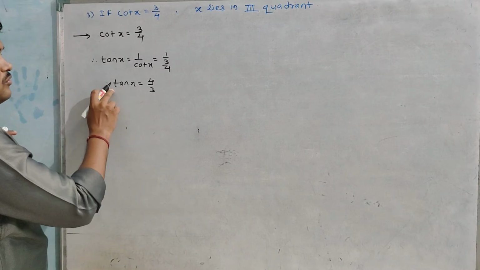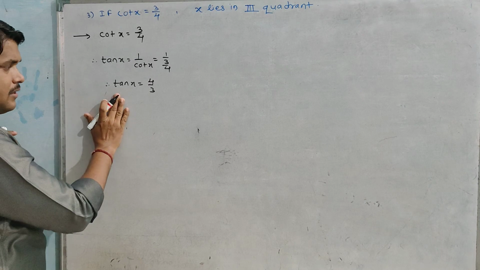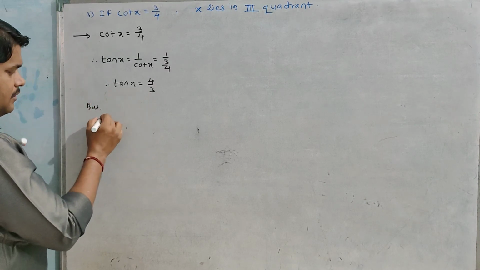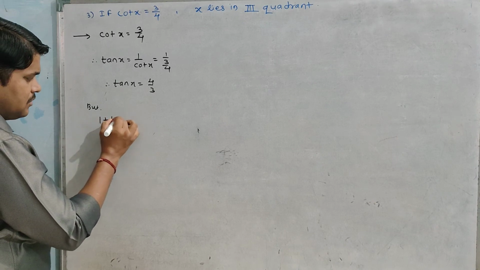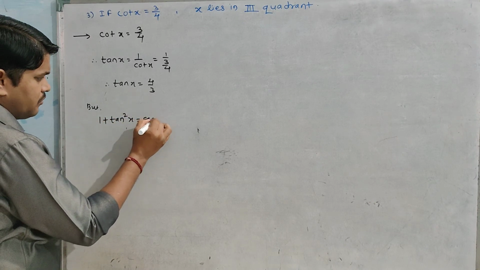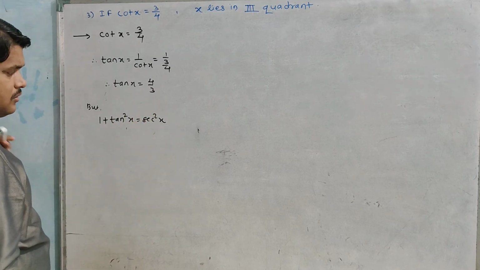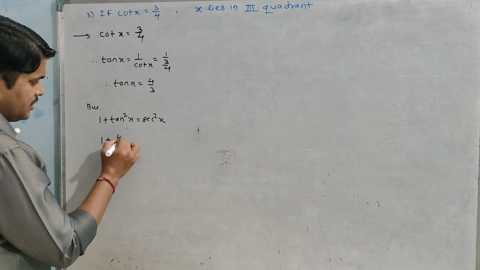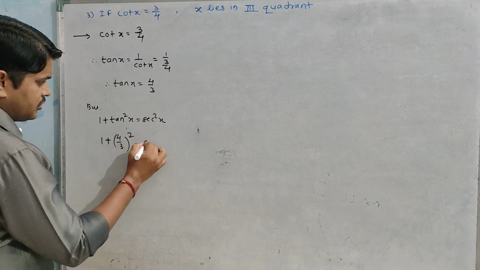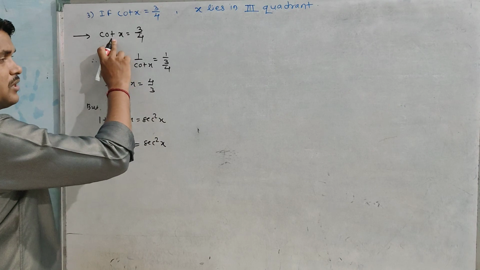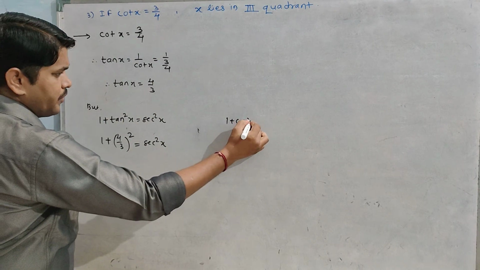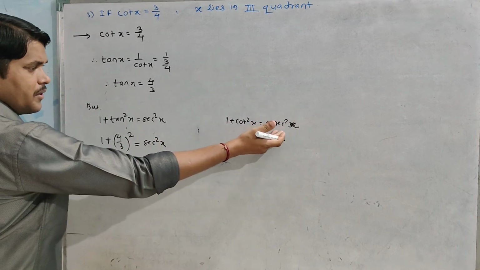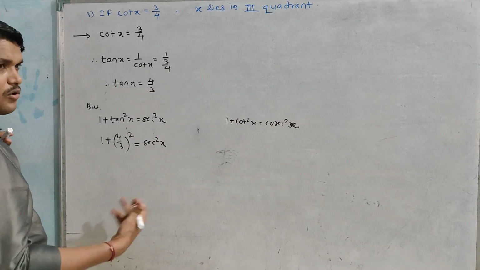Okay, so we can use the identity of cot or the identity with tan. So we use the identity of tan. Okay, so 1 plus tan square x is equal to sec square x. Understood? So put the value here: 1 plus tan square means 4 upon 3 bracket square, which is equal to sec square x. Even if you use 1 plus cot square x equal to cosec square x here, that also works. Here we get cosec square, from cosec we get sin, and from sin we can find cos.